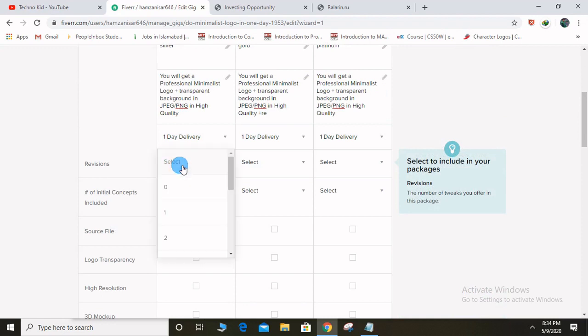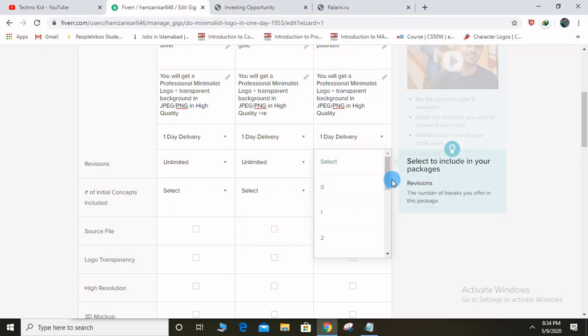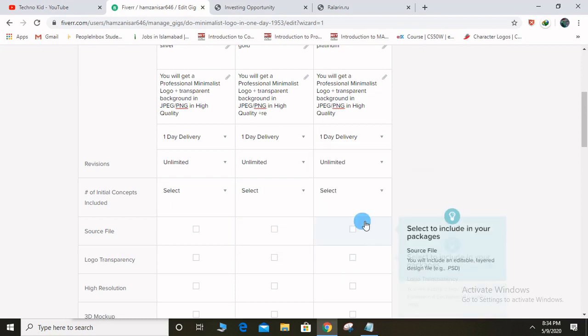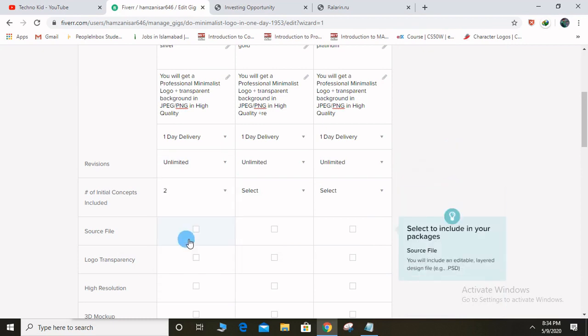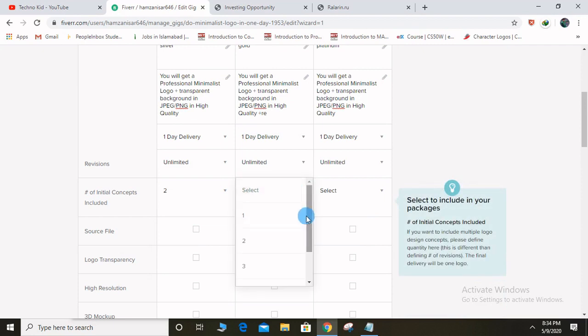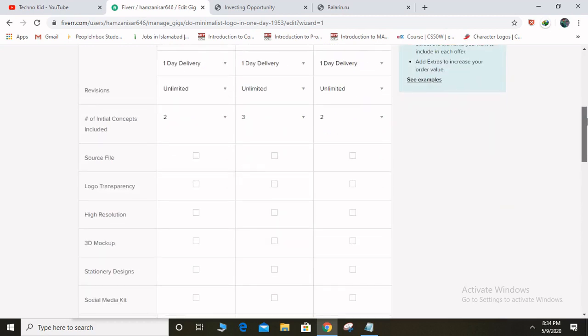Revisions at the start, let them be unlimited. With time you can change those, but for a beginner it's good. Initial concepts: if you want a sample, or a color, or whatever you want your customer to provide you, you can give that according to your own need.